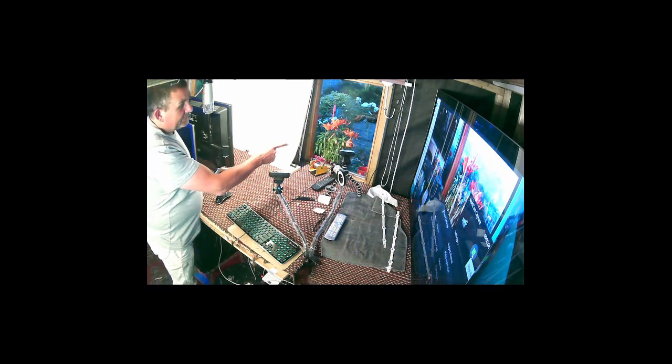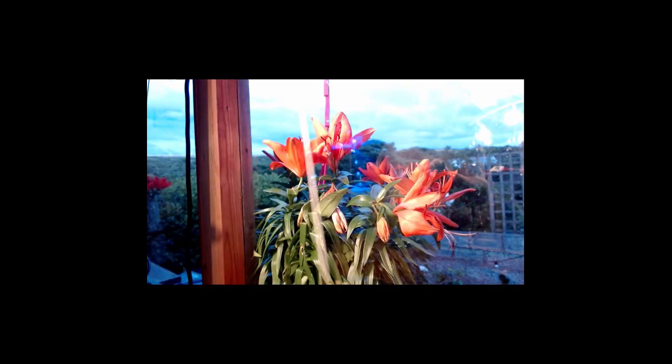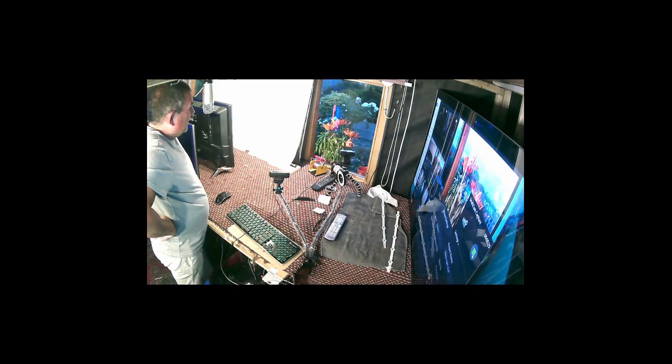Look at that, a nice little view of the flowers. The flowers seem to be dying, and it's just getting dark in beautiful Cornwall. It's been an okay day today. This Friday night, the night when I